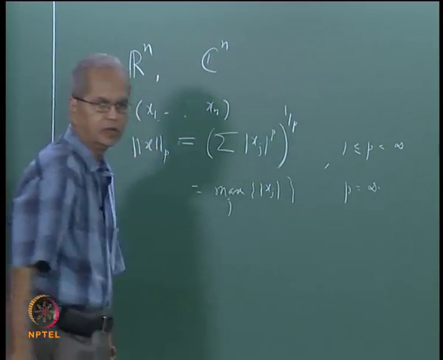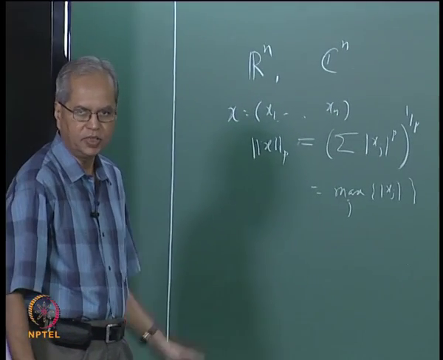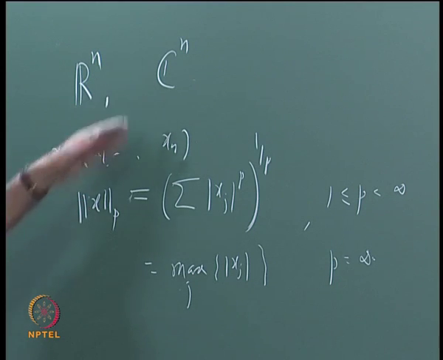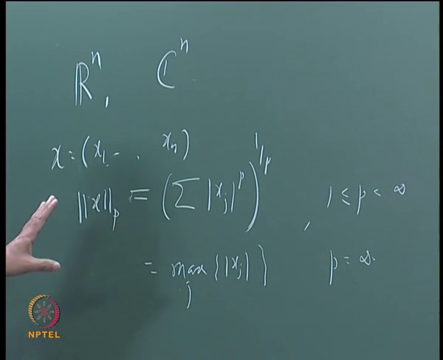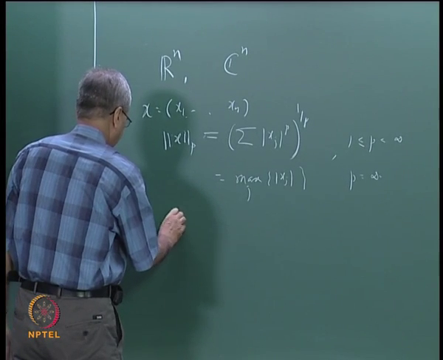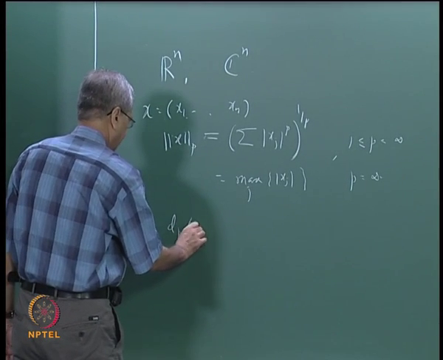And in all cases we have proved that this is a norm on Rn, or similarly, if x is in Cn, then it is a norm on Cn. Alright. Then each of these norms will induce a metric on Rn. So we can denote that metric also by d suffix p. So d suffix p of x, y,